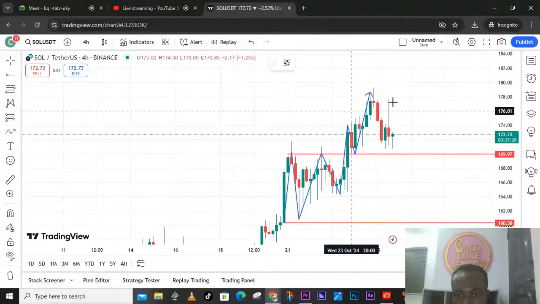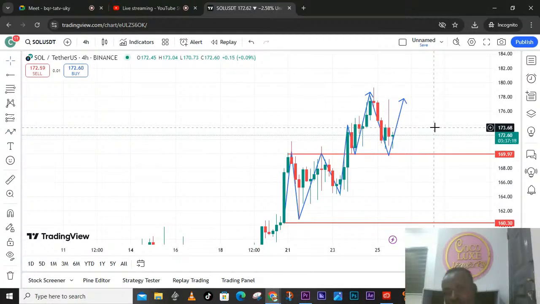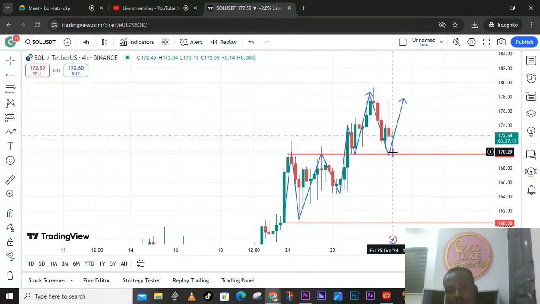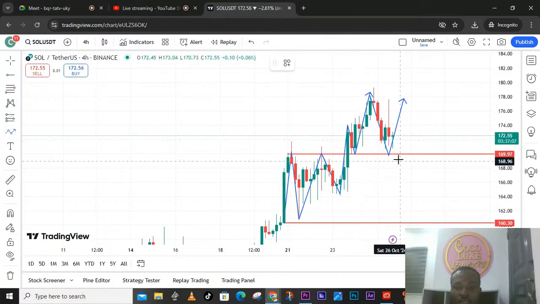Which is also a support, right? So the market can break it, but based on the high of the week, we can go for a buy trade from here. But the market still has the right to what? To break it to the downside. And if the market breaks it,